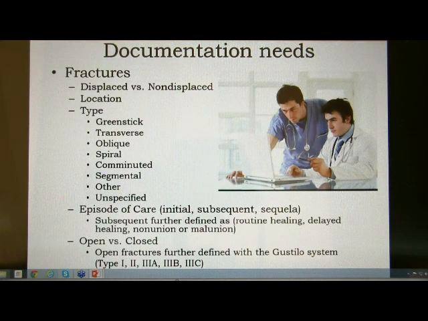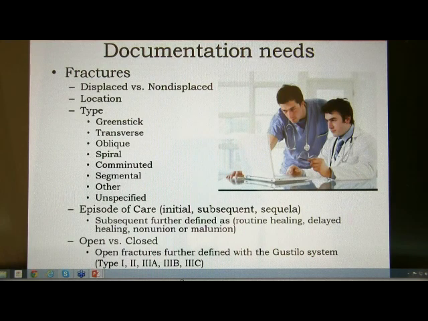And then episode of care is a big one that'll come up a couple times in this hour. Basically, is this the first time the patient's being seen by this physician for this problem, or is this a follow-up for this problem, or a sequela or side effect of this problem? And then for open versus closed fractures, we do have codes that define the open fractures further with that Gustilo system. So having to know what degree of fracture that is for our open cases will help get the correct